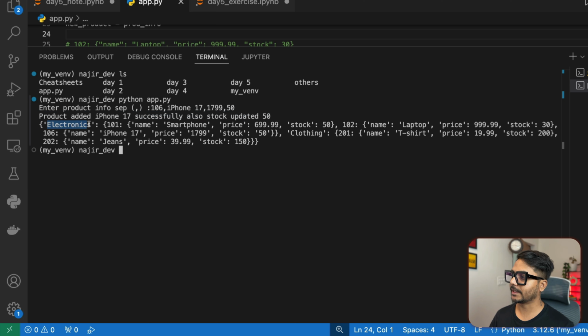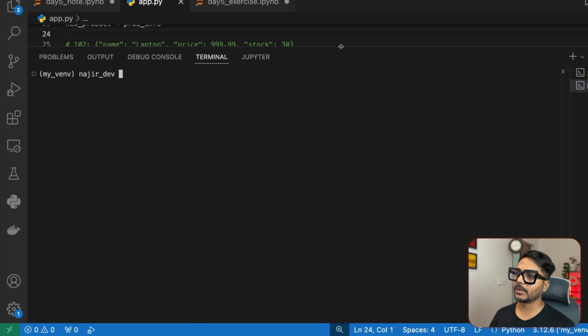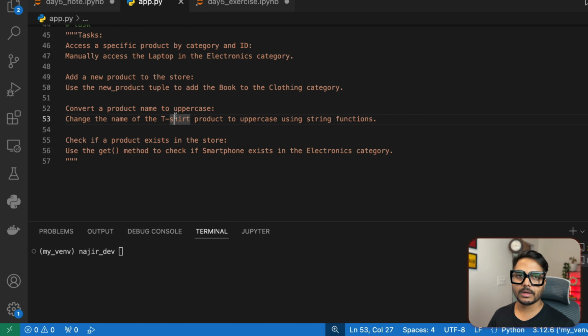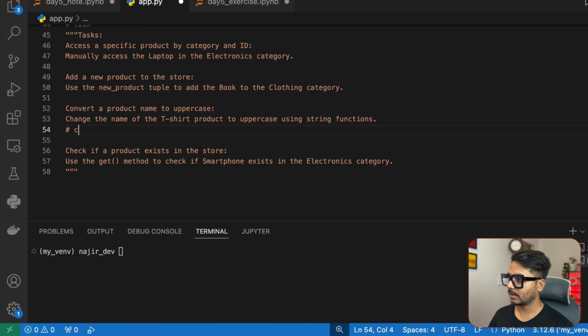Okay, now if you see my dict, which is electronics, in the electronics I have this 101, which is all this smartphone, 102 these values. Okay, for 106 I have iPhone 17, which I have added, and something else also. Okay, so this is how we have completed this task, and now I have added two more problems which you can solve by yourself. So this problem says convert a product name to uppercase. So it says change the product name to uppercase. So let's say your task is that convert